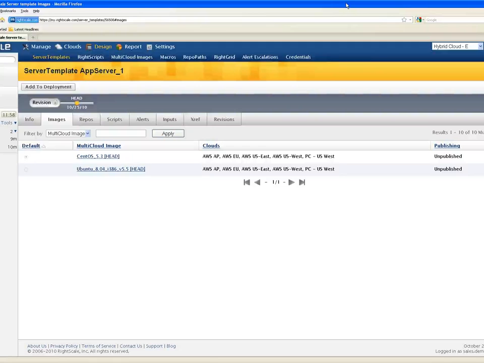Exactly. All you have to worry about is what do you want that server to be? What packages do you want installed? And you don't have to worry about the underlying image. The RightScale platform takes care of that for you depending on the region or the resource pool that you launch it in. Excellent. So very, very important value prop for enterprises, because for those of you that have investigated more